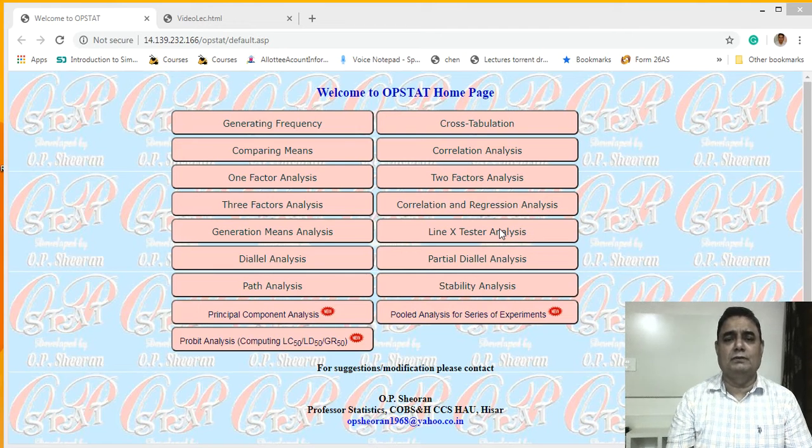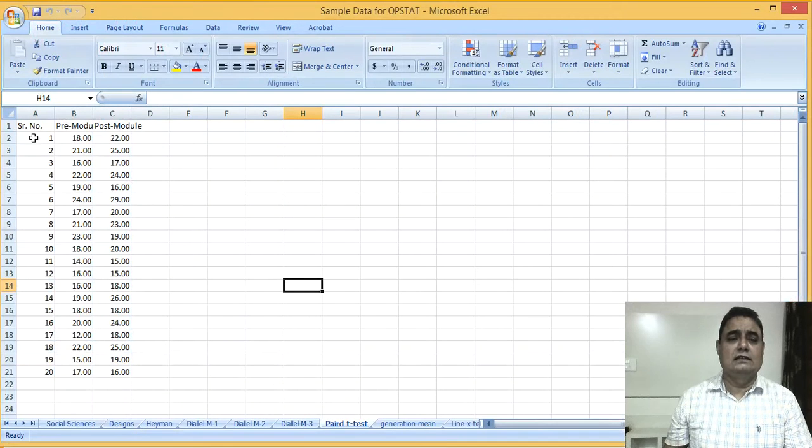So for the paired sample t-test or dependent sample t-test, the data we have is that there are 20 respondents on whom a pre-module test has been conducted, and these are the scores: 18, 21, 16, 22, 19 and so on.